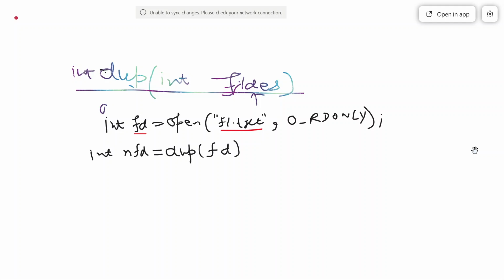Now as a result, this fd is copied into nfd. So fd and nfd are exact copies of each other. Both of these file descriptors represent the same file.